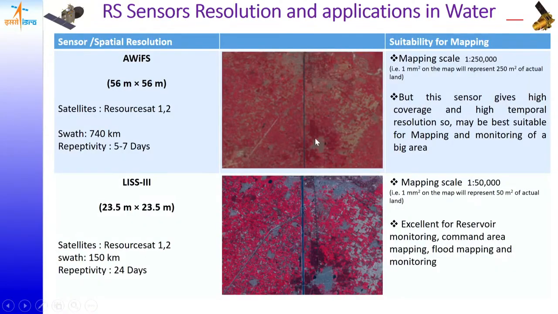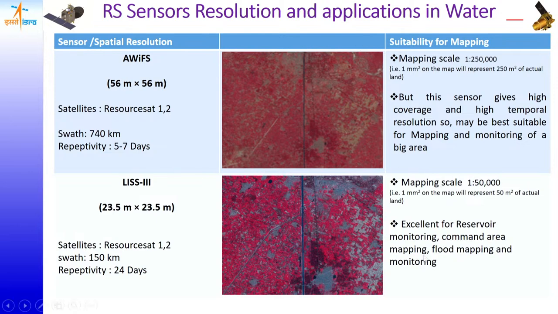So depending upon what scale you intend to work with, if you are working at 1 is to 250,000 scale, you can go for the IRS AWiFS data sets. And in future, even the LISS-3 satellite data will have a similar kind of wide swath and high repetitivity of almost 3 days, which can be used for regular monitoring of forest, agriculture and the wetlands. Then we have the LISS-3 if you are going for the mapping scale of 50,000,